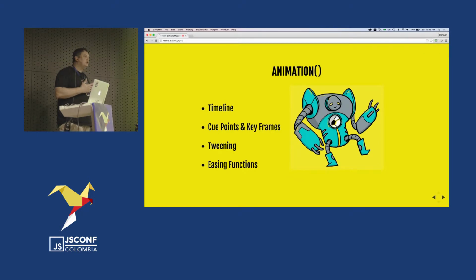If you've ever worked in any 2D or 3D editing program, it could be Flash, Edge Animate, 3D Studio Max, when you're animating something, you've got a timeline generally down at the bottom. And you can put on that timeline the objects that you want to animate. Then along the timeline, you can set cue points. These are points in time where you'll be defining some value. And you can have keyframes. That's the value for one of the elements you're animating at one of those cue points. And then tweening. You don't have to set the value for every single frame. It'll calculate the values in between for you. And easing functions, which allow you to accelerate and decelerate movements over time. It gives it a much more natural,